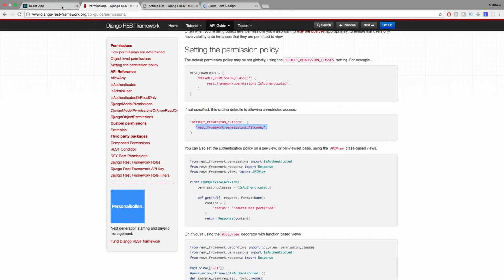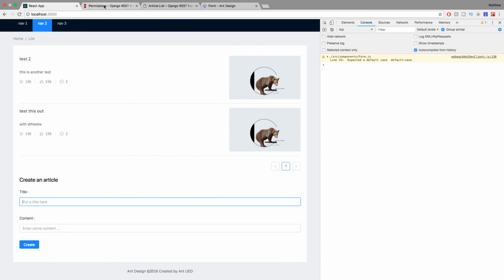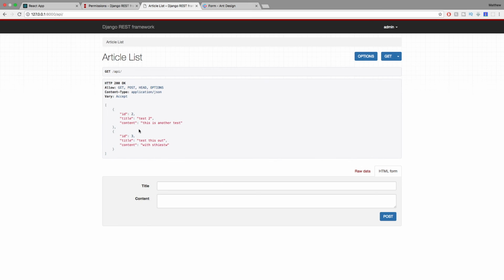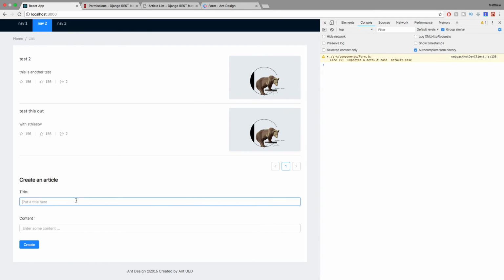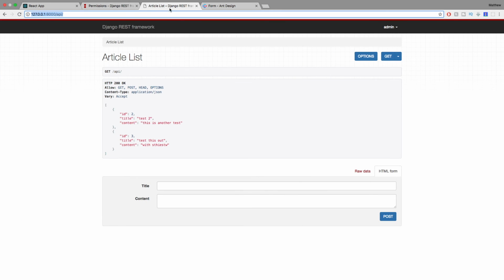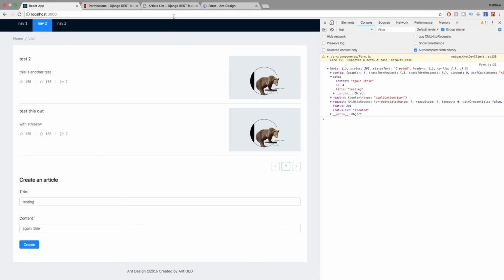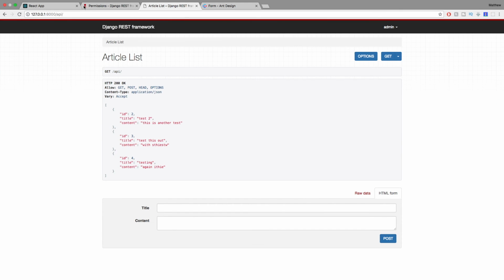And so let's go back to our application. Let's just refresh this, and let's actually check our API here. So we still only have these two. And I'm going to say testing again, click create, and then you can see here we get this data and it says ID, content and the title. And if we go into our API view here on the server, now we can see we have this new entry. So it's working. We are posting from our front end and it's creating an entry on our back end,